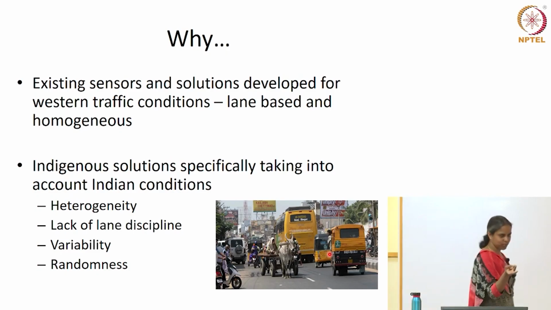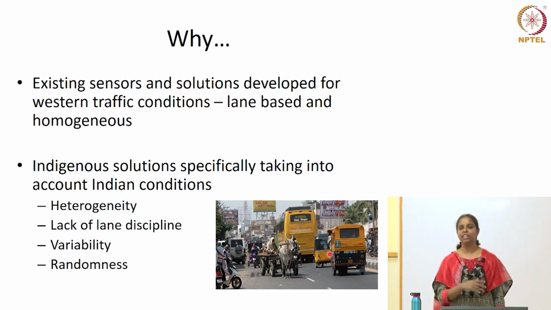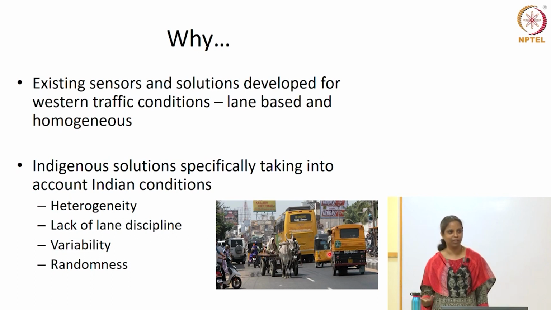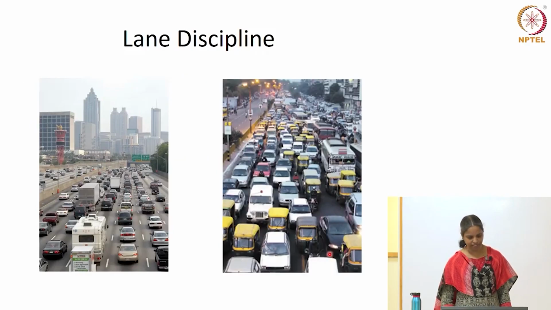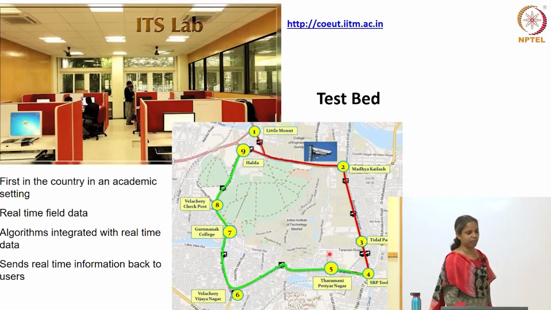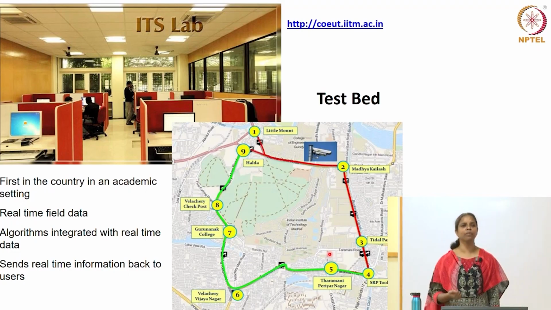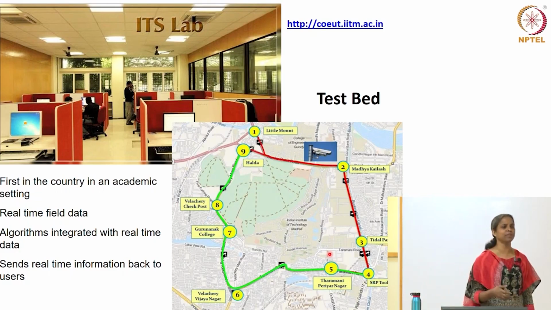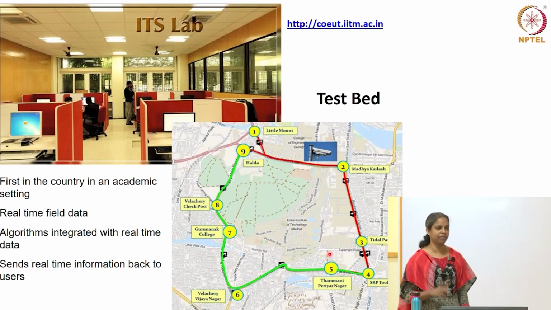So, as I listed, heterogeneity is one challenge, lane discipline is another. These two together give you enough uncertainty and randomness. Any model you develop should handle this randomness rather than the actual behavior. It should be able to take into account the stochasticity in the model. You know what lane discipline is. Why I said that is, many of you may otherwise wonder why you should do this. This is already done in other countries, right? Most of these solutions are already happening. Why do we have to? Because we have a unique way of handling.